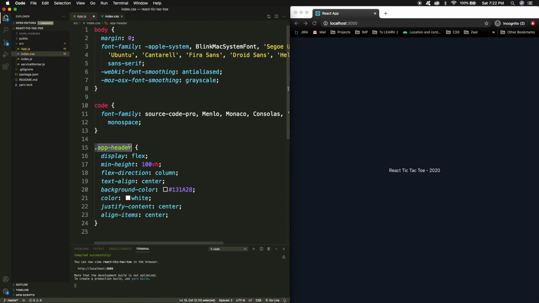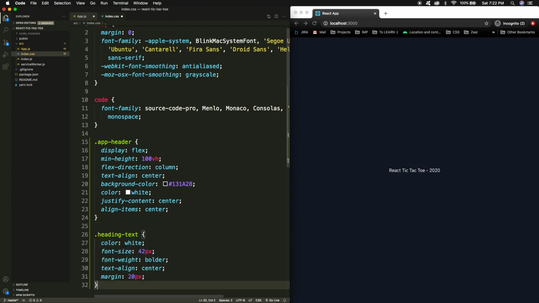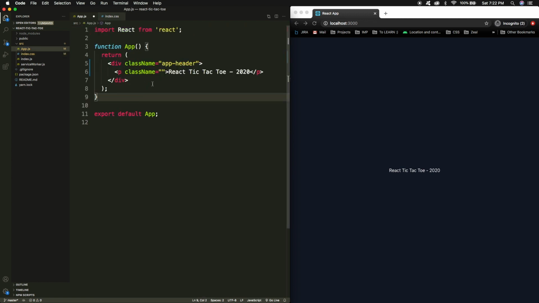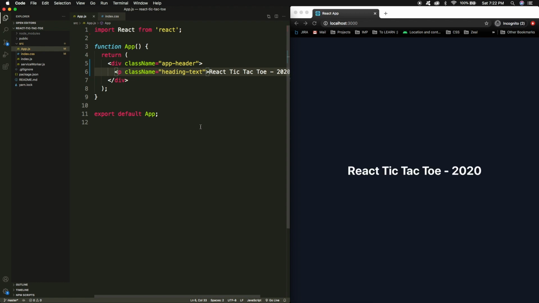Okay, so inside the index.css file, I'm going to close this index.css file. I'm going to define this heading text CSS, and the CSS is pretty easy, so I think you can understand this kind of CSS. So here we can see the heading text has been updated. Now we need